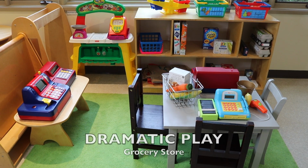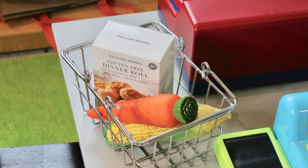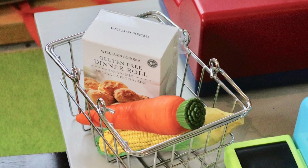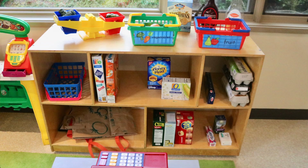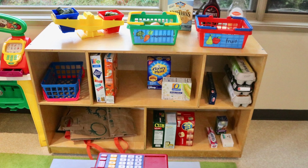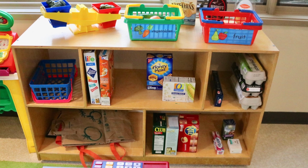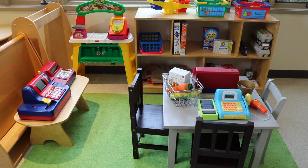And then in a dramatic play area, this is the example of how we don't do something that is necessarily related to the theme. We decided to have a grocery store because it's very meaningful for the children. Think about all the times that they go to the store with their families and friends. And so they also love using the cash registers. In some of our past dramatic play centers, we had cash registers, so they've loved that. So we just took some things that we had from home, empty boxes, and we put them on our shelf. We have bags and baskets, and we even have a scale. And so they're going to have a lot of fun. Well, we can say that this is part of the transportation theme because they're taking their car to the store